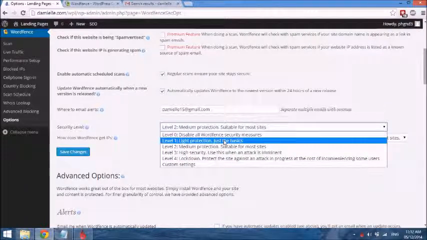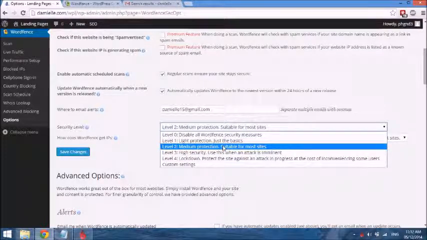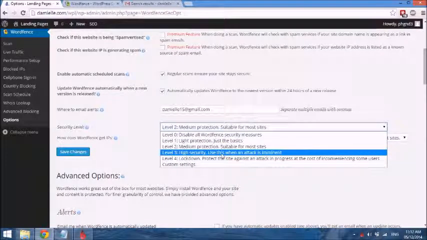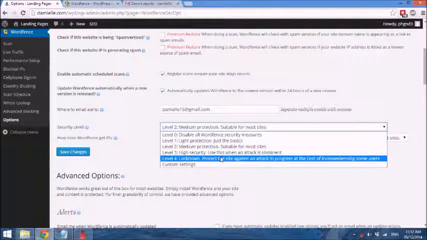There's light protection. I recommend that you at least use the medium protection. And there's high security. So you would use this when you know for a fact that your site is under attack. And this will just beef up the options that are there. And the highest level is lockdown, which will protect the site against an attack in progress at the cost of inconveniencing